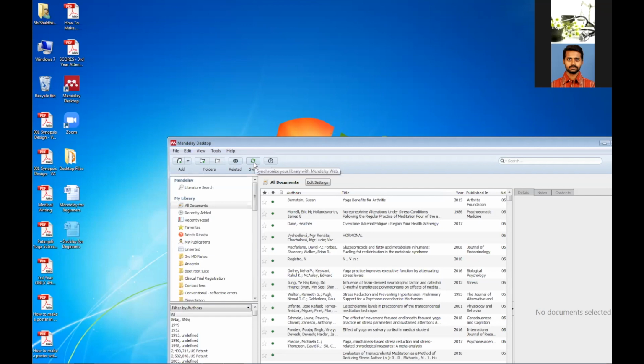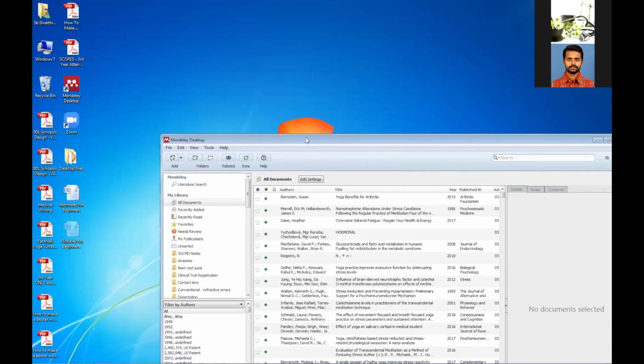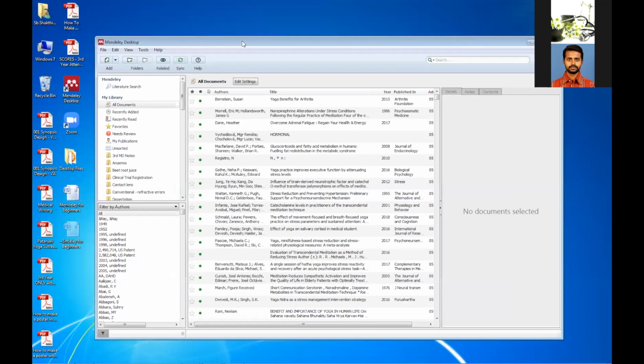Even when you have poor network, you can work offline. So when you do not have internet, you can keep your internet off, or you can work when you don't have internet in this software called Mendeley Desktop. Now, what kind of works can you do? You can add a new PDF document in this, and it will organize it based on author's title and many details, whatever you want to give. You can organize the PDFs, whatever you have, in many folders. You see, there are many folders you can create. You can create a folder. See, there is an option, create folder. You can create a folder and add whatever you want.